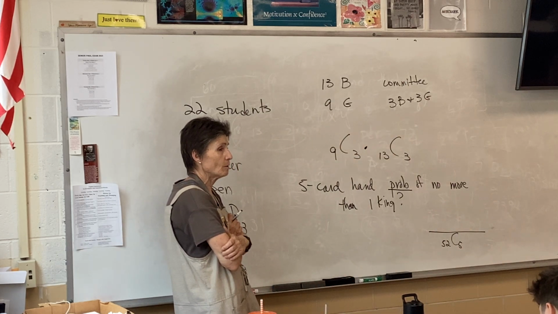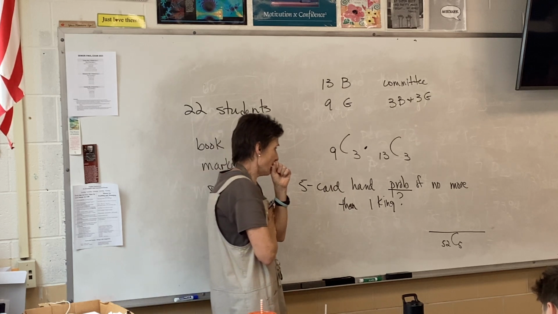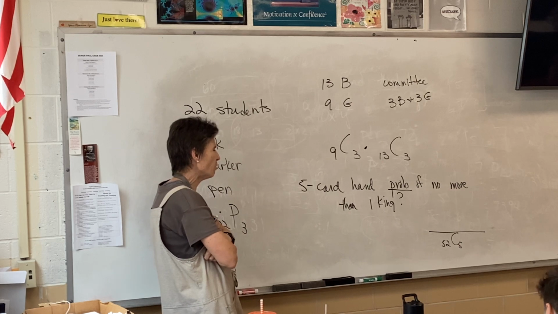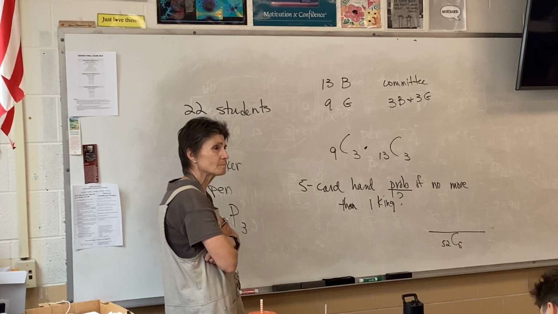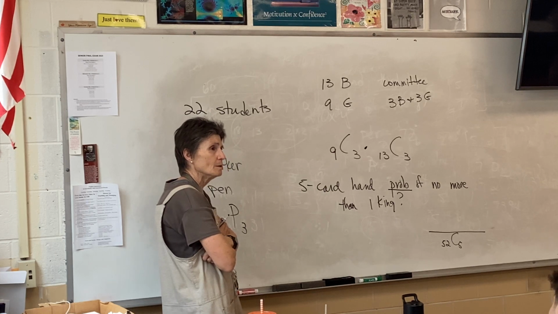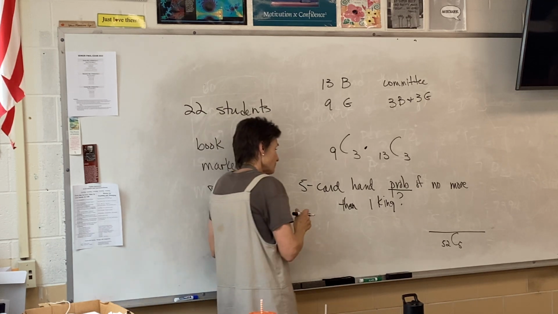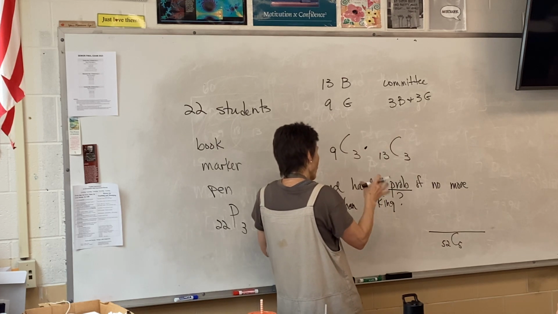Now, what's gonna go on the top? Now read it. I need no more than 1 king. Declan? 4C48 for the rest of the other 4, and then a 1C4 for the 4 kings. Other way around. So, what I'm trying to get you to understand here is that no more than 1